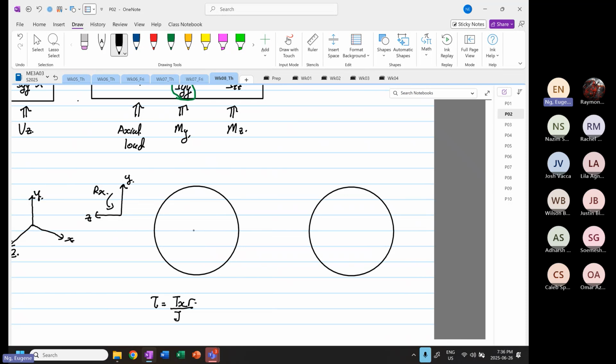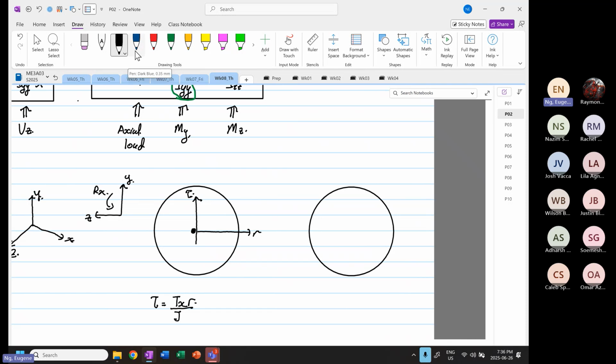So in terms of shear, now this distance over here, this is our radius, right? The vertical, right? This is our shear, right? So our shear stress now, right, is